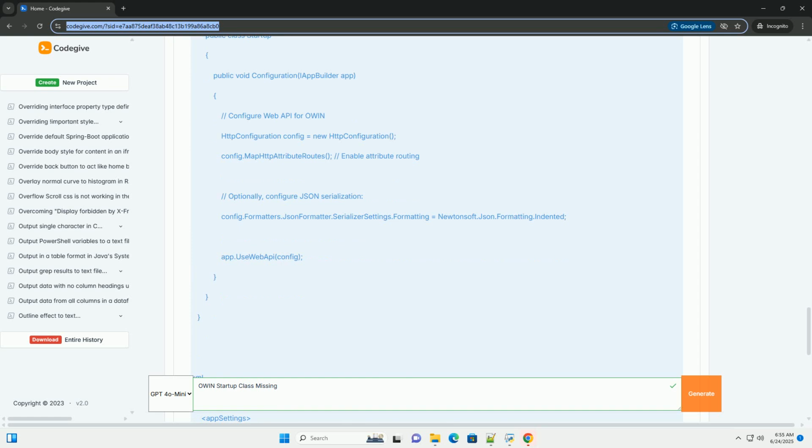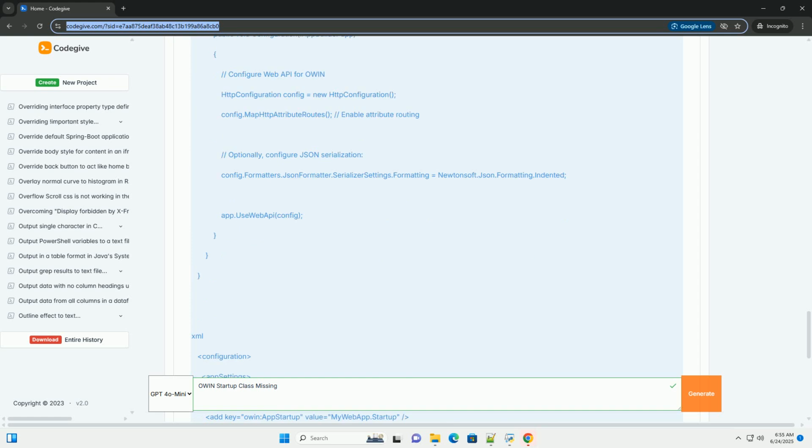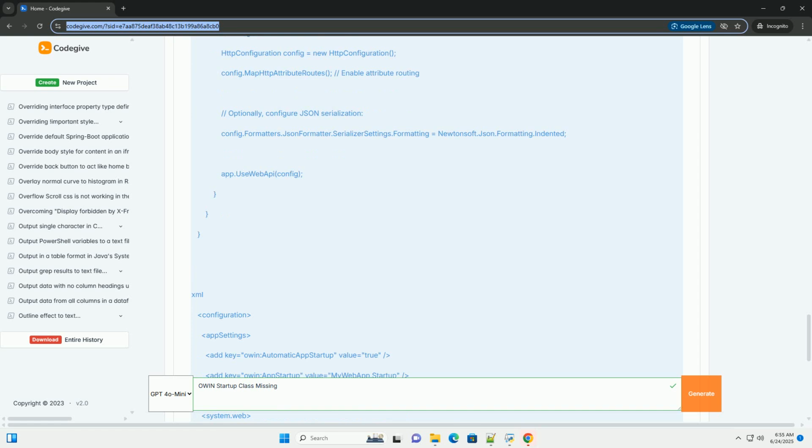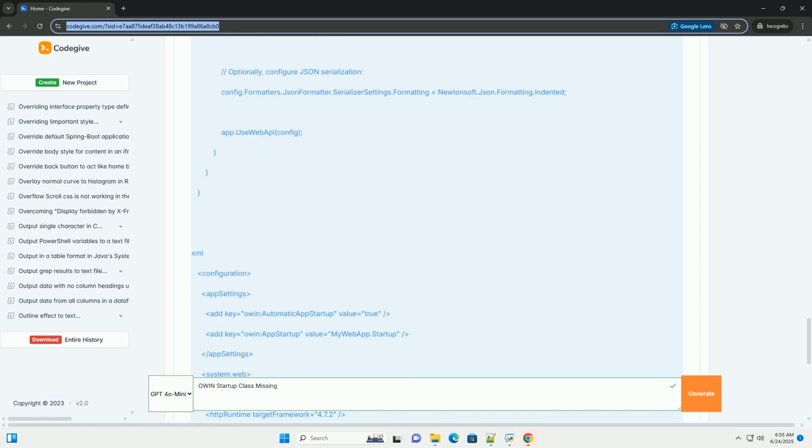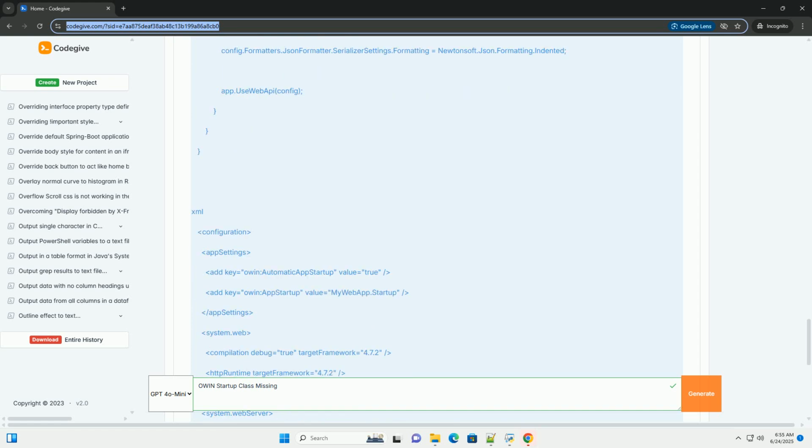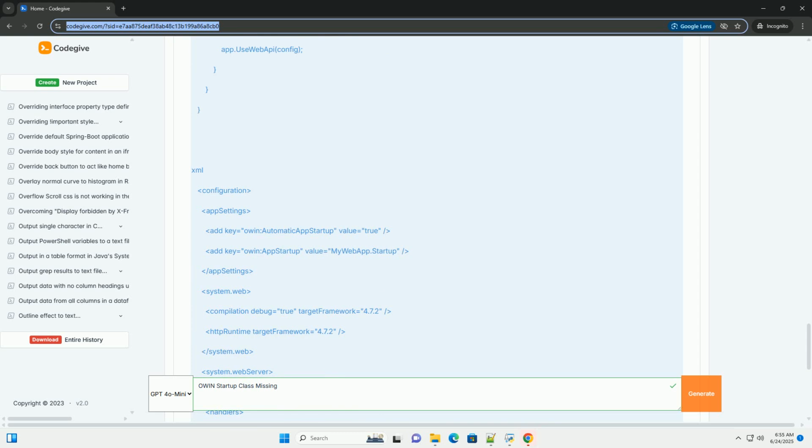2. Missing or incorrect OWIN NuGet packages. The necessary OWIN packages might not be installed or might be outdated. This can lead to the OWIN runtime not being